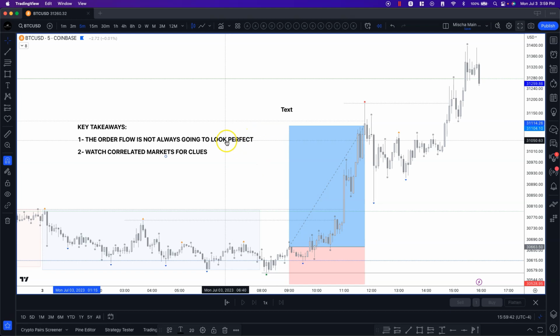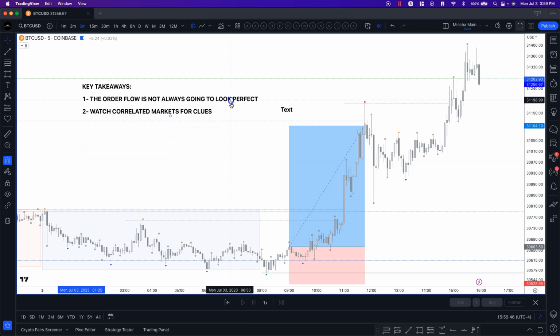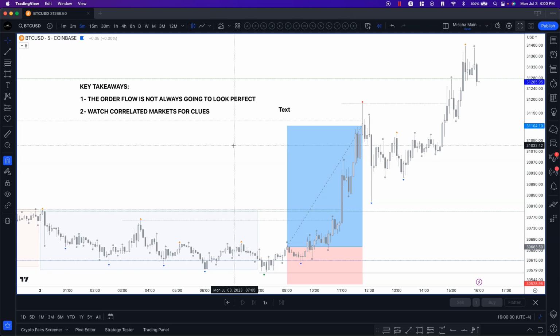So sometimes you're going to look at the order flow. And for those of you that have already traded order flow, you know what it looks like. You've used it in the past. You know that it doesn't always look exactly the same. And sometimes things are not always 100% clear. So when that happens, the best thing to do is to lower your risk, because what that does is that